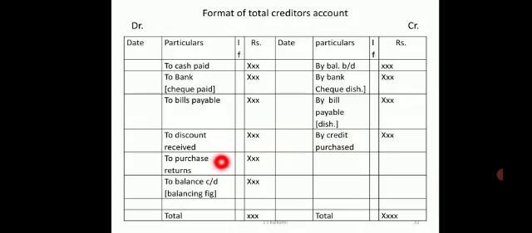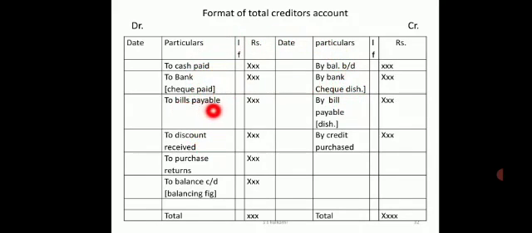Next, purchase returns also is a gain, because to the extent of returns our credit purchases are reduced. And lastly, it is the closing balances which is brought, that is closing creditors. Now if we see, the total creditors account is just opposite of total debtors account. In debtors account, whatever amount was credited is shown on the debit side. Only the amount of bills payable will be treated as receivable, and credit purchases is treated as the sales, whereas the rest of the things are same.